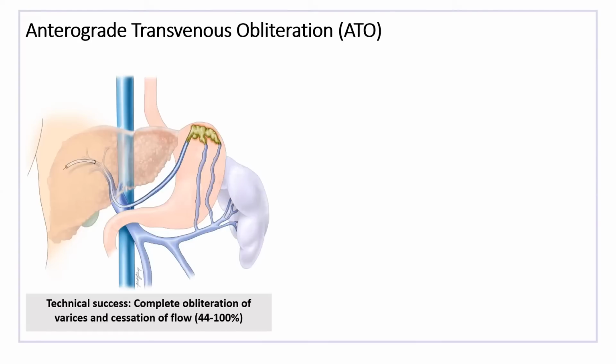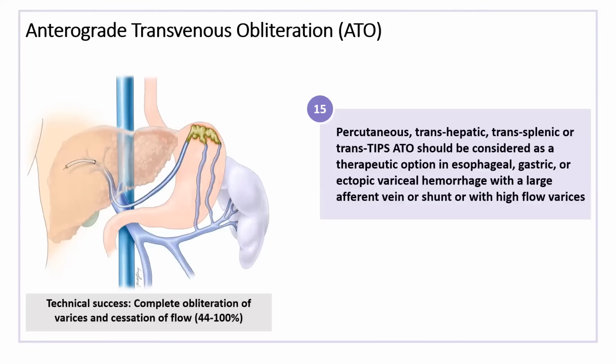if I look at TIPS related evidence is much lower. But the success rate seems to be higher, and a randomized control trial seems to be difficult, and we'll get to why. Now, before that, percutaneous transhepatic, transplenic, or trans-TIPS ATO should be considered as a therapeutic option in gastric,